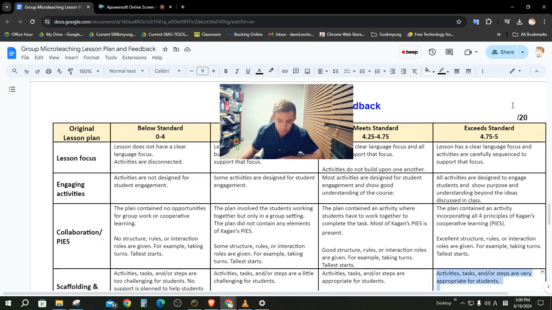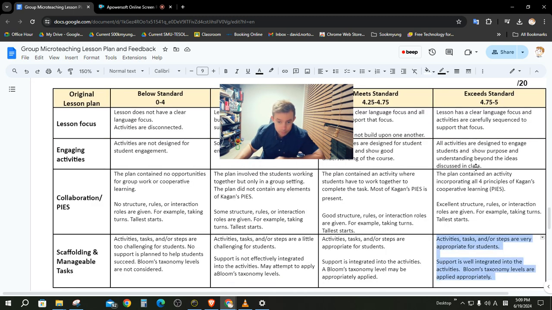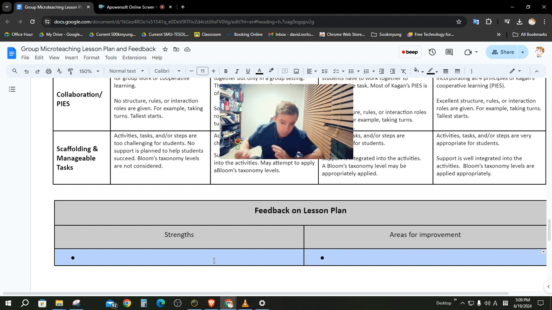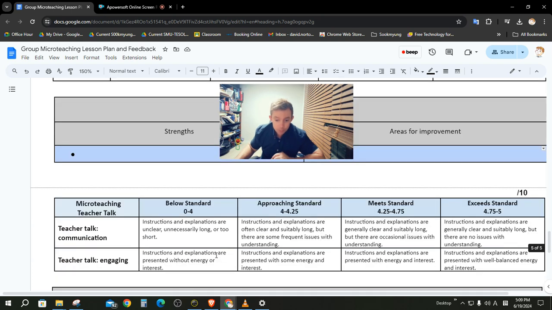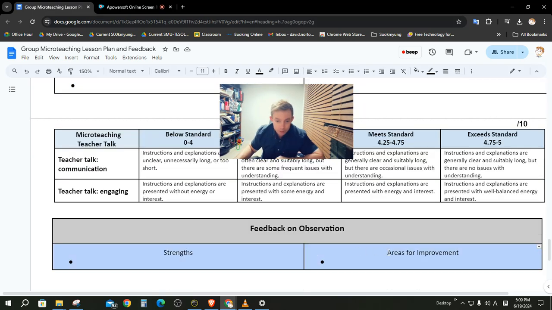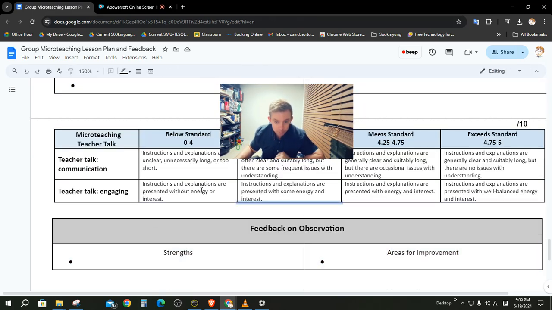Okay, so that's what you get for the lesson plan. That's out of 20, just kind of arbitrarily. I gave it 20 points. Excuse me. And on your lesson plan, you're going to get feedback down here, strengths, areas for improvement, and it was group work, so everybody reads that. Similarly, when we come to the micro teaching, I'm going to give, we'll call it an average of what everybody does in the rubric, and then comments kind of for everybody here about the observation. Okay, so